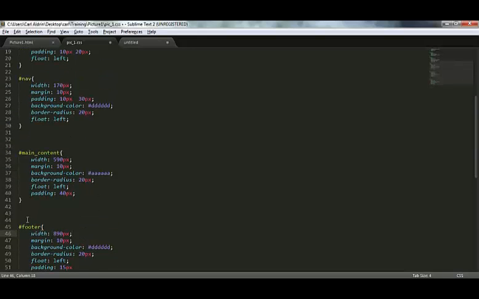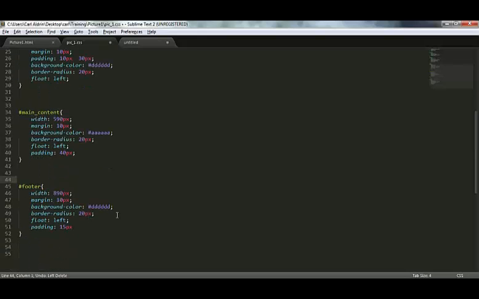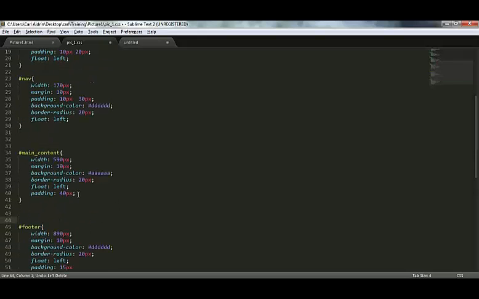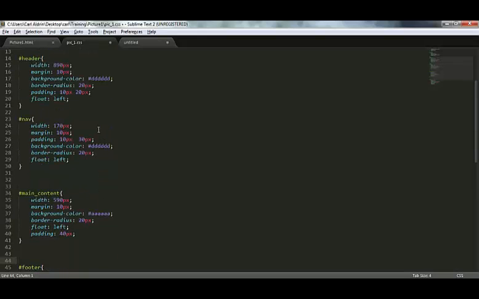We have also set margins on them, background colors, and padding. And the most important for them is the float, for them not to compress to each other or overlap each other.